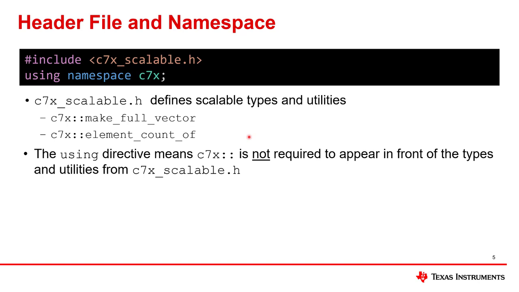This is different than how it is done in many of the previous examples, where it always wrote them fully spelled out, the namespace that some utility or type comes from. So now you get to see it both ways, and you can decide which coding standard works best for your team and then abide by that coding standard.